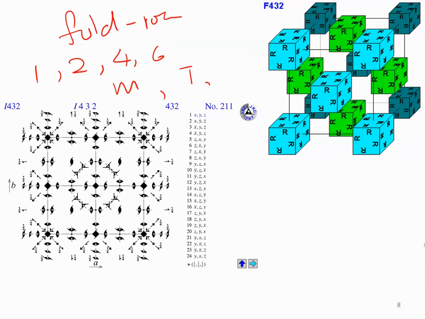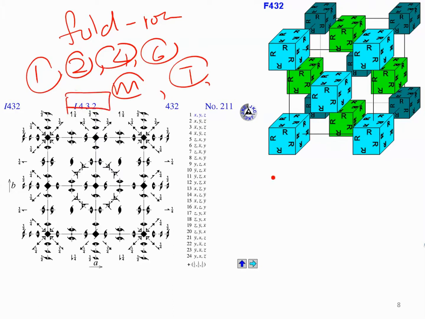But when we combine all these symmetries together, the case will be much more complicated. For example, this is the symmetry of, this is the space group I for